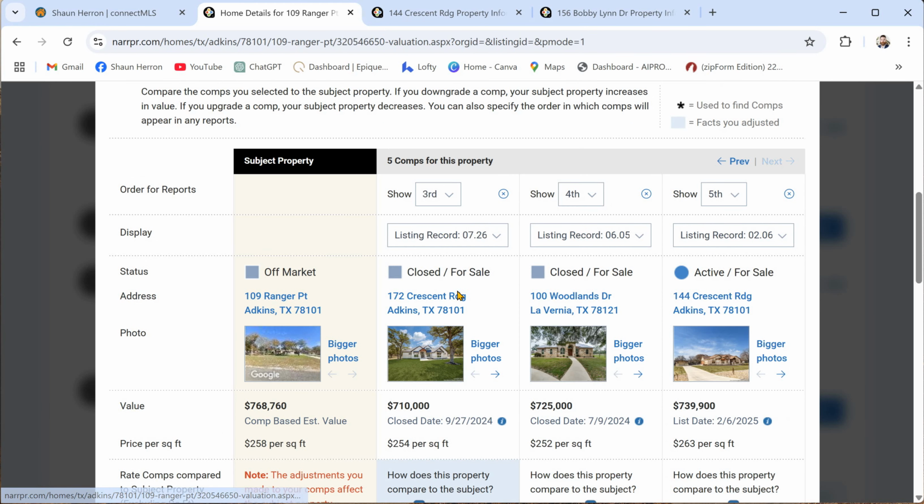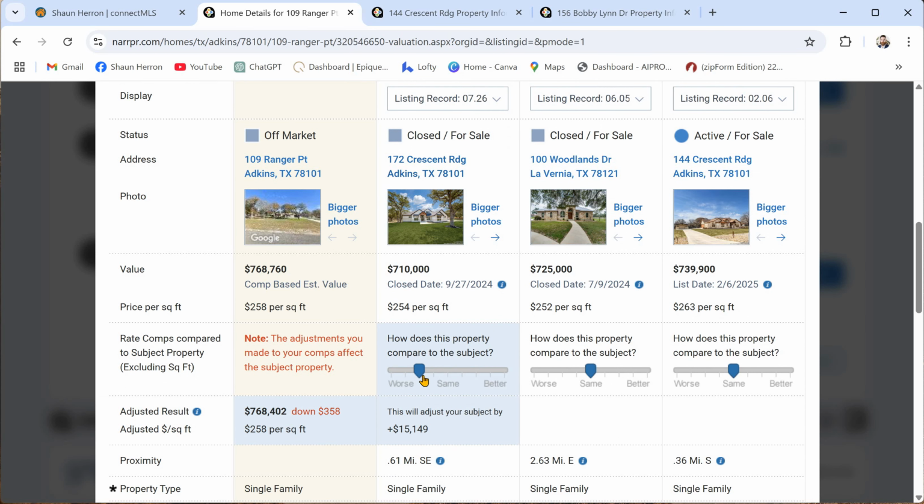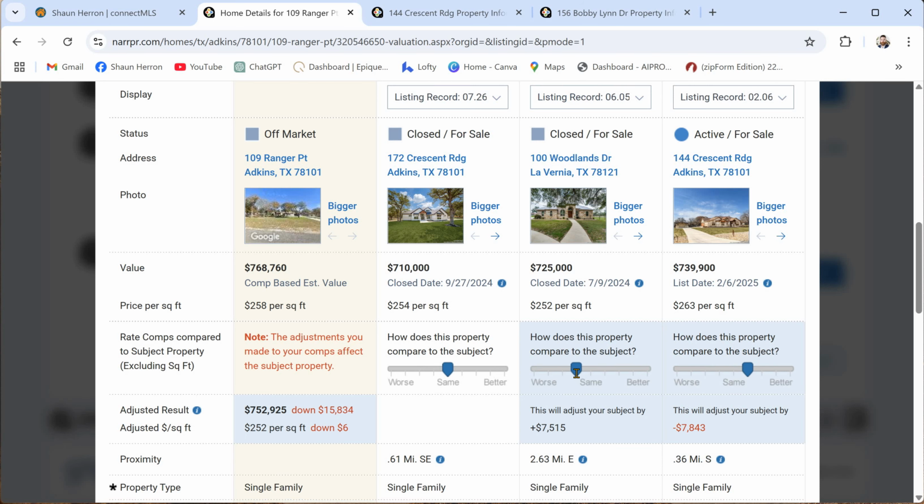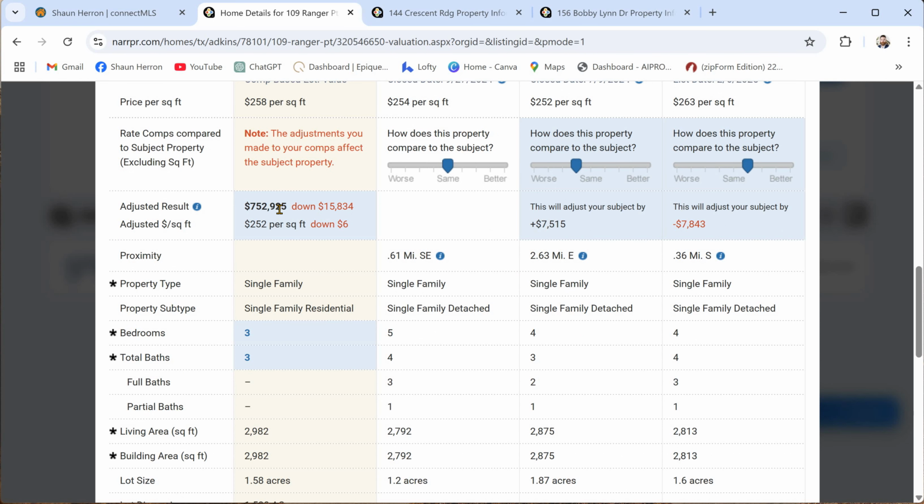And then appropriately, in the next arrow, we should be able to do the same with these as well. This one is the same, this one is a little worse, and this one is a little better. And then it'll go down and say, hey, your property is worth about 750 grand. That's a fair price based off the comps. It's not a personal opinion. We used analytical data to forensically find the price of our property so that we can list it competitively and